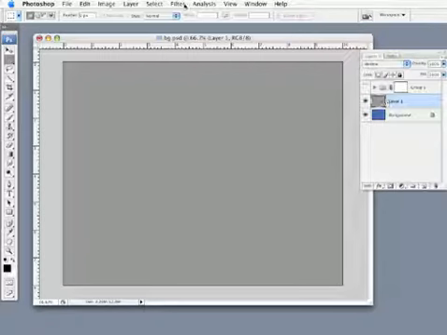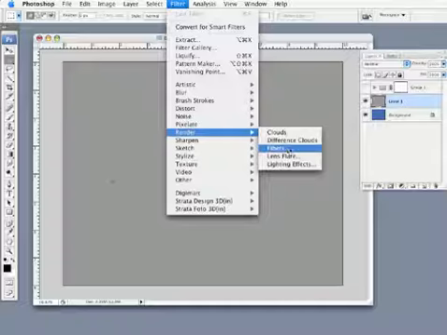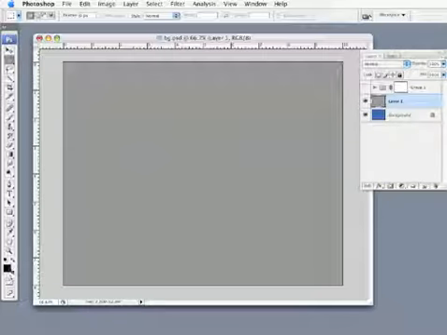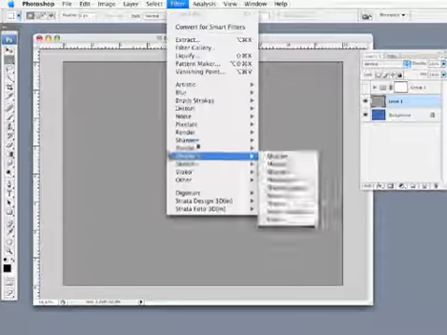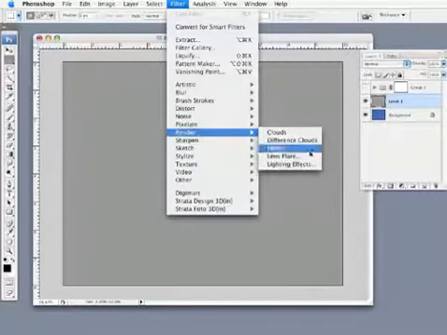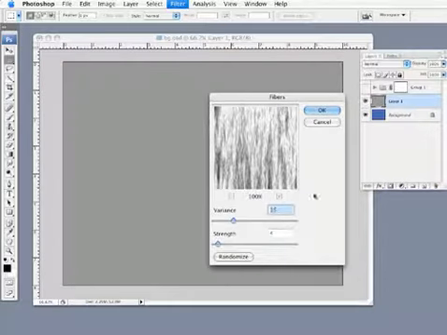Next, I'm going to go under the Filter dialog down here to Render, Fibers. Now, before I do that, I want to make sure that my foreground and background color are set to their default black and white, as they are right here. Go under Filter to Render, where is it? There it is, Fibers. And I'm just going to leave the settings as they are, 16 and 4,